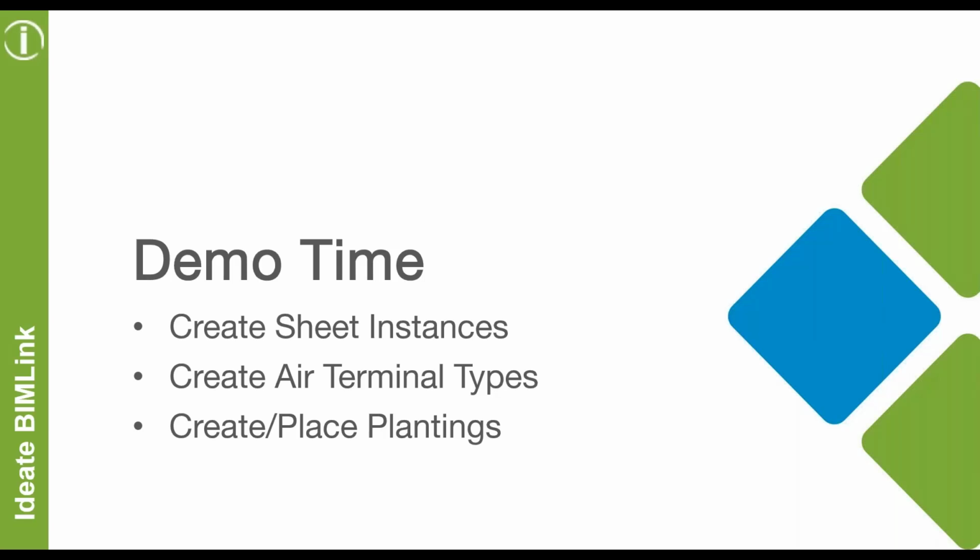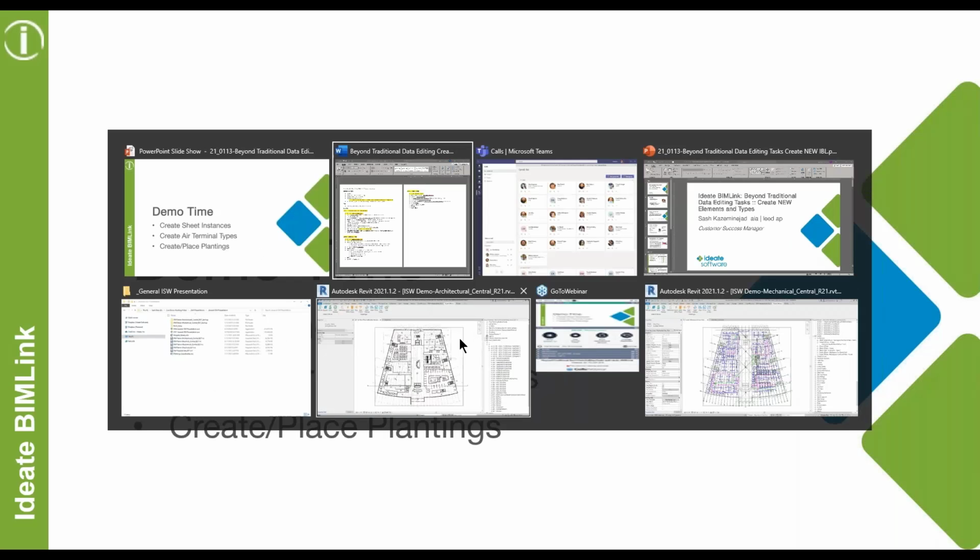essentially the same. I'm just going to show you on the mechanical side how they could create air terminal types. And then the idea of creating and placing elements, which again, as I mentioned before, is an instance-based workflow. How do we actually use BIMLink to specify some coordinate data so we can place these plantings in a real specific location? So I'm going to go ahead and just switch over to Revit, and I'm going to